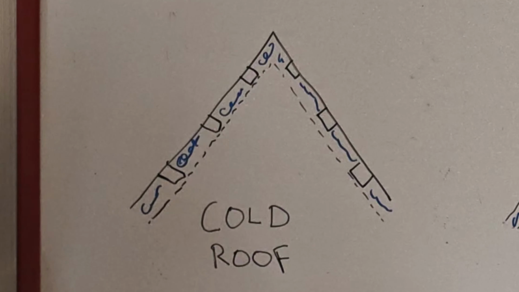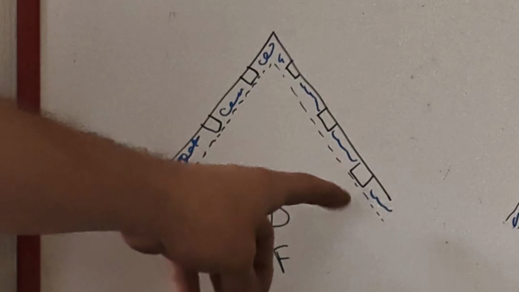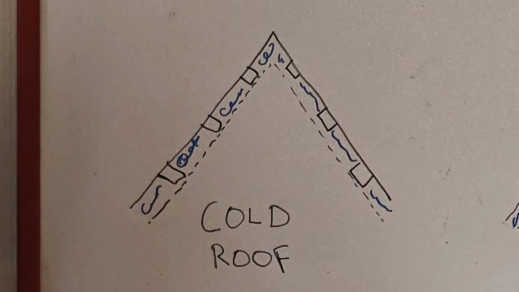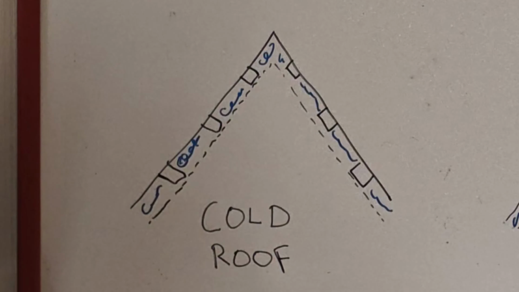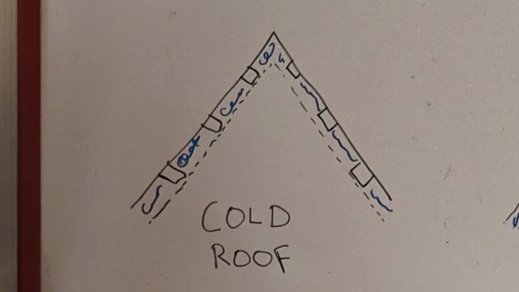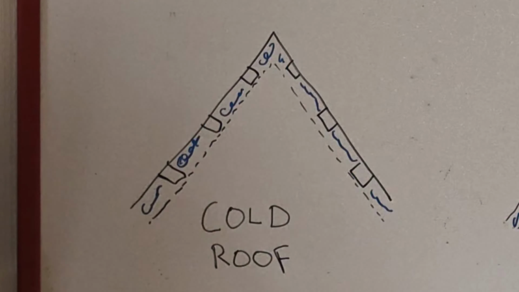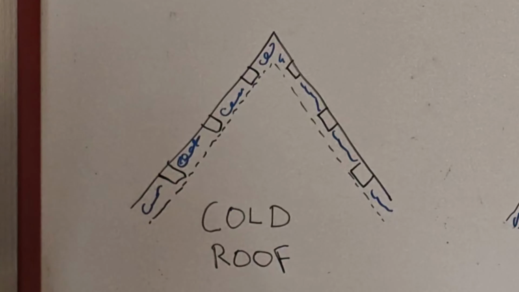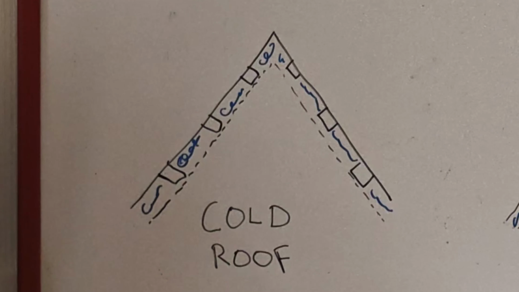However, the big problem that it has is that over here, these constructional beams are not insulated. So they will always be a little bit cold. Furthermore, the constructional part of your roof is not insulated in general. That's why they call it a cold roof, because all of the constructional parts are at the same temperature as outside. It is constructionally sound and you can do it like this. And if I had the option to do it, I would do it because it's a lot cheaper and